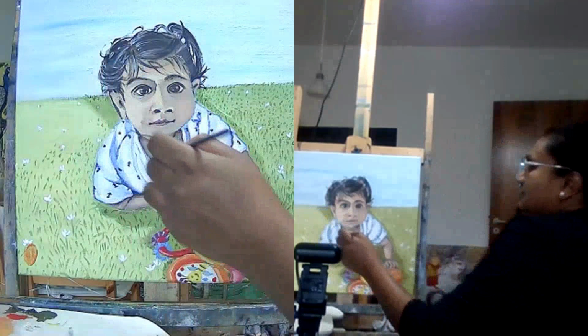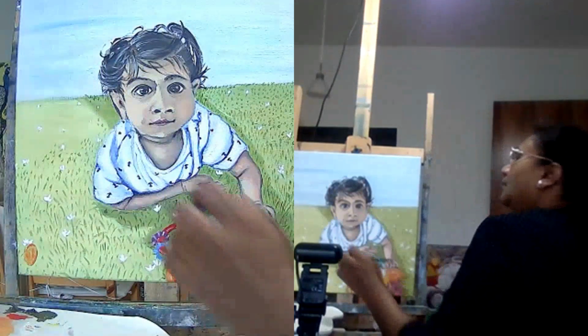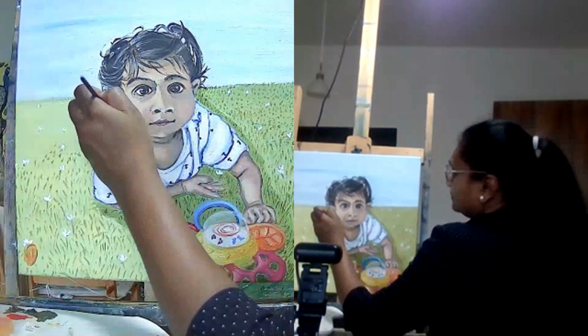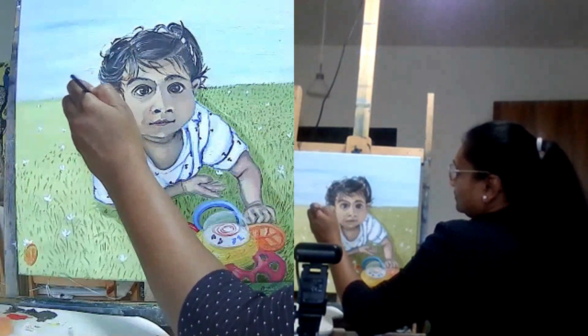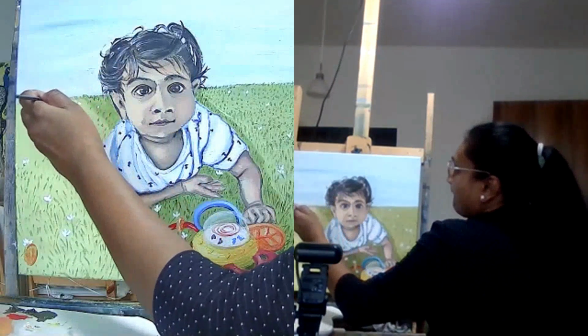Remember, we had some space over here. I did not know why I painted it slightly darker, but anyways. Okay. I'm doing the horizon also.